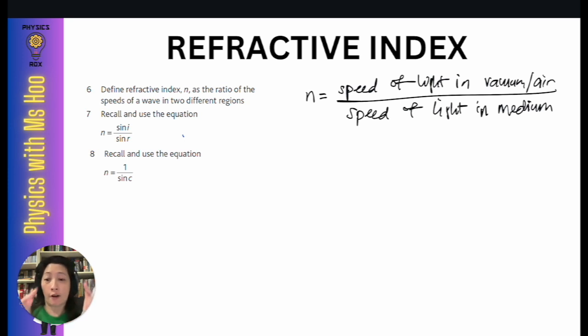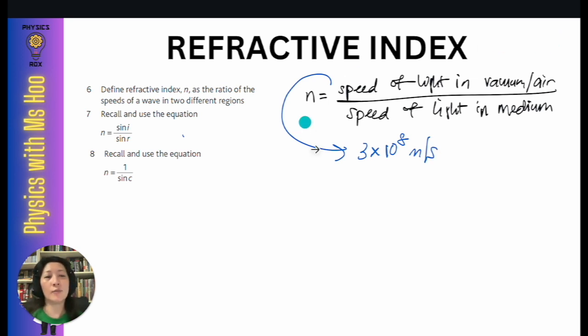So for IGCSE level only, the speed of light on the top of the fraction, you can take as the value of the speed of light in vacuum or air. At IGCSE level, we learned that these values are the same. You can take this as the same value, which is 3 times 10 to the power of 8 meters per second. So this is a formula that I normally would ask my students to remember